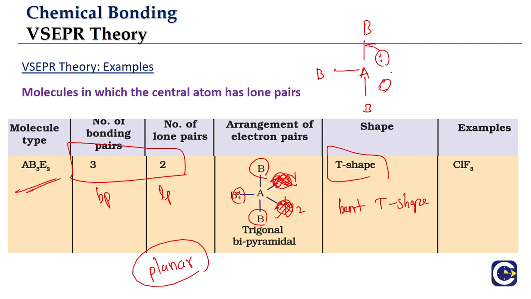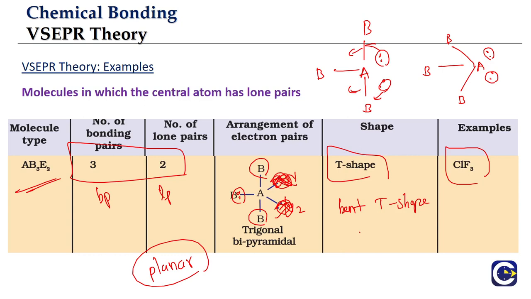So lone pair, bond pair repulsions are stronger. As a result, what you see is it will be a little bit bent T, because here the lone pairs will be more dominating. Their repulsions are stronger. So what will be the shape that you can see? It is a bent T shape, if you consider the distortion coming because of lone pair, bond pair repulsions dominating the bond pair, bond pair repulsion.